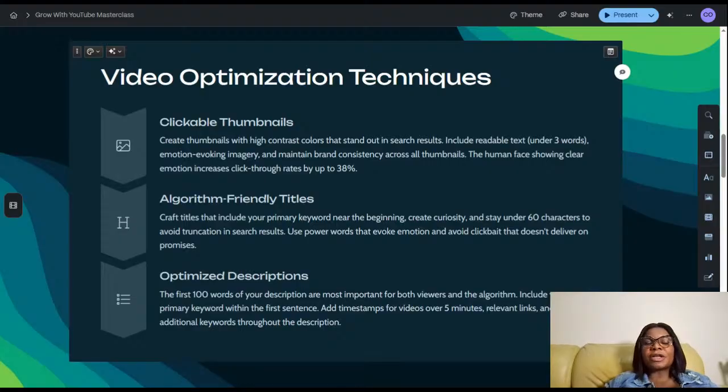When you create clickable thumbnails, they're just thumbnails that have high contrast. So, what do I mean by high contrast? Your thumbnails should have three things. They should have high contrast, they should take people away from pain, and it should capture the essence of what you want to talk about. Let's say, for instance,